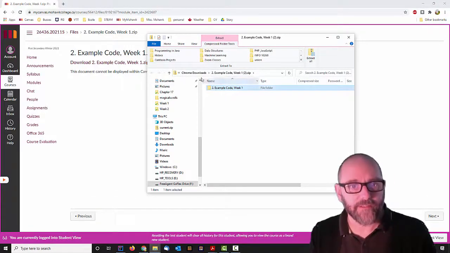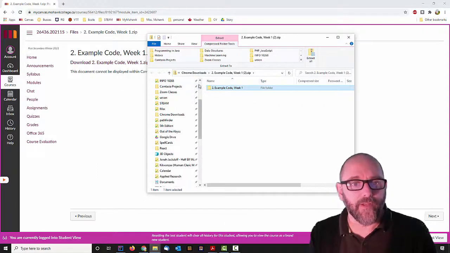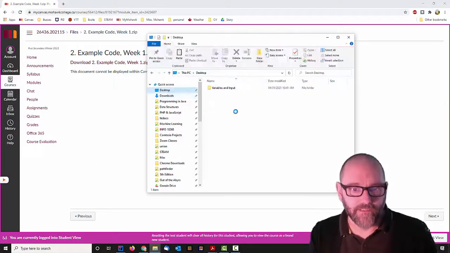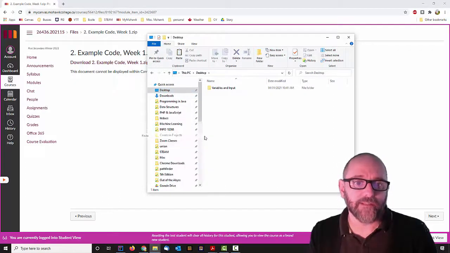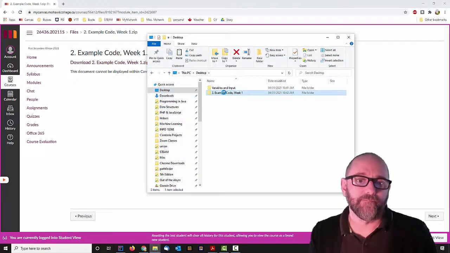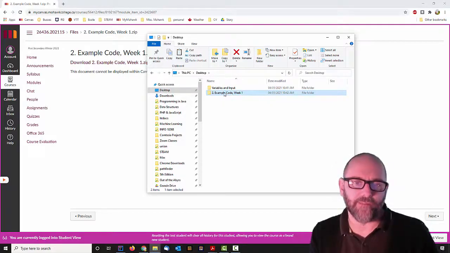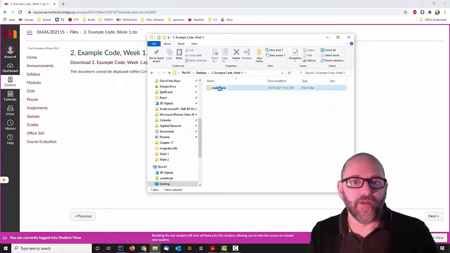So I'm going to copy this and then I'll put it on the desktop. Control C or right click and copy. Then go over to the desktop, Control V or paste. There it is. Just putting it here temporarily because I need to extract it. I need to get it out of the zip file. And then in there you'll find a